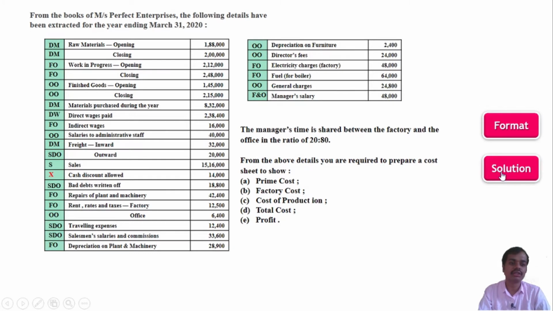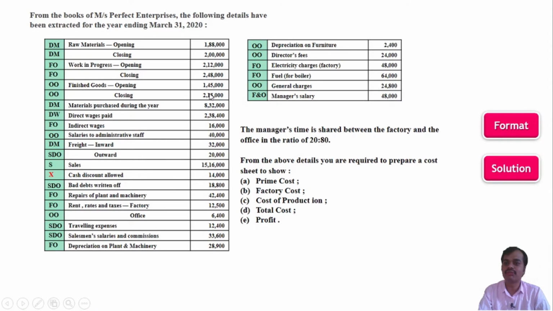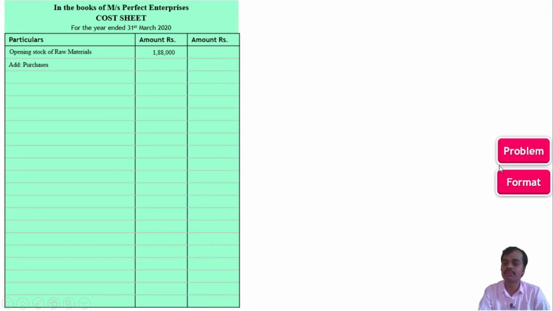We will take opening stock of raw material in the inner column, 1,88,000, and then as per the format we have to add purchases of material. The material purchased during the year is 8,32,000. Let's take in the solution, add purchases 8,32,000.